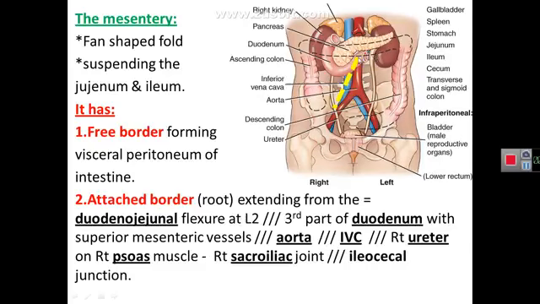So you have to follow where this root is attached. The root attachment starts from the duodenojejunal junction between the duodenum and jejunum, which is at the level of L2. Then the root of attachment of the mesentery occurs on the third part of the duodenum, and here